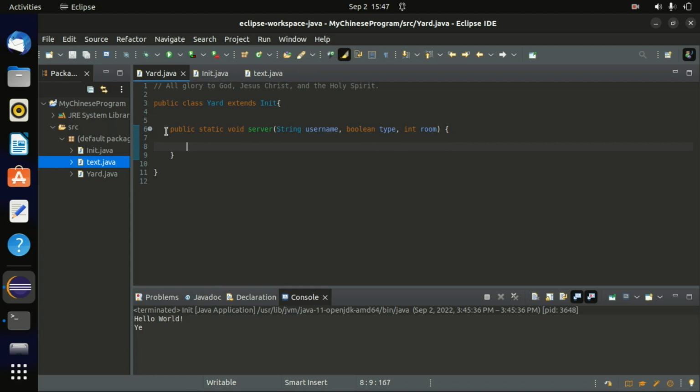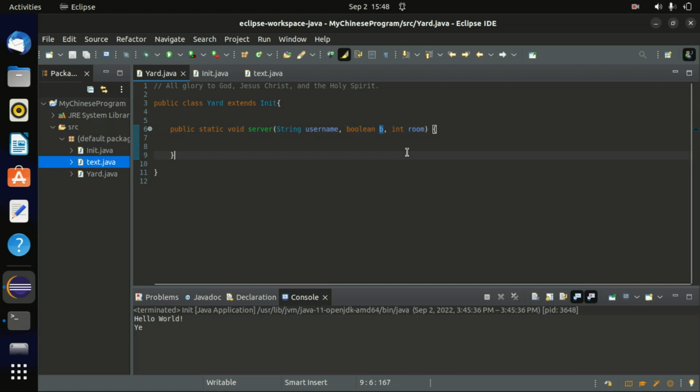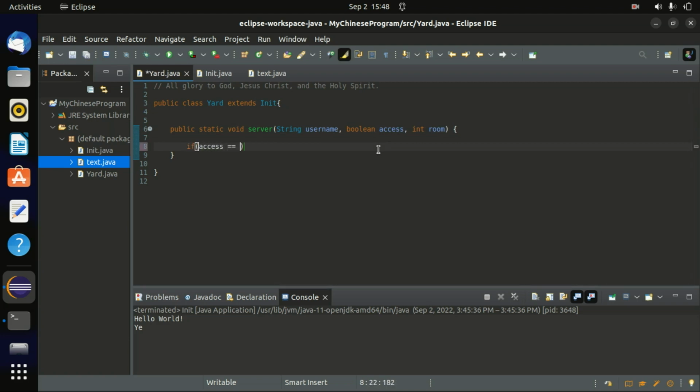Okay. So what we're going to do is take this username, type, and room, and make some kind of junk program that does absolutely nothing, but makes it look like it's doing something, because we're just trying to get into how to use this. So we have a username, we have a type, and actually, we're just going to call it boolean access, why not? So if access equals true,